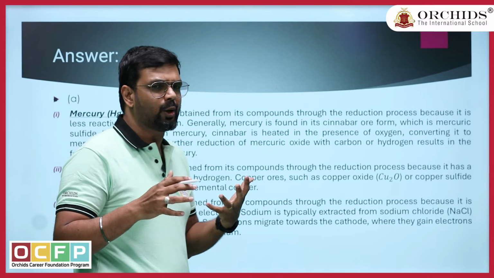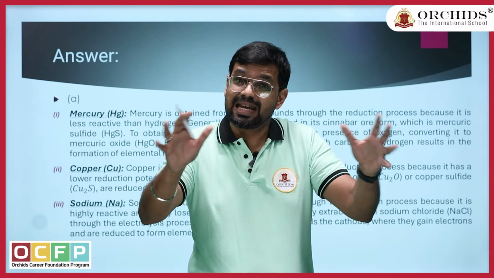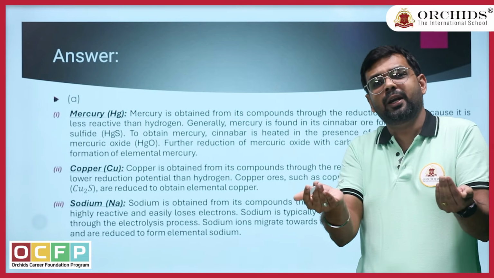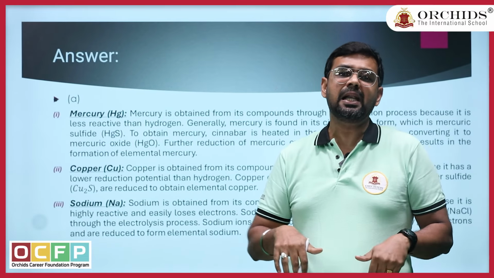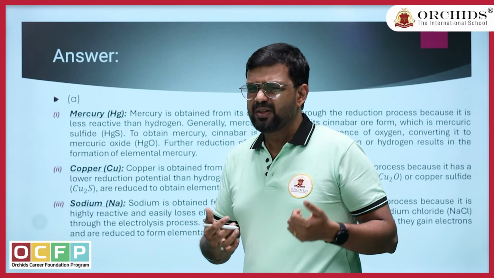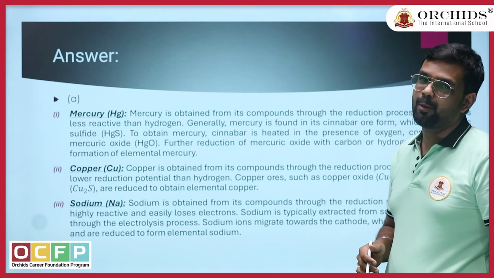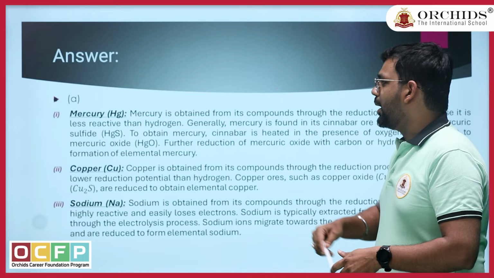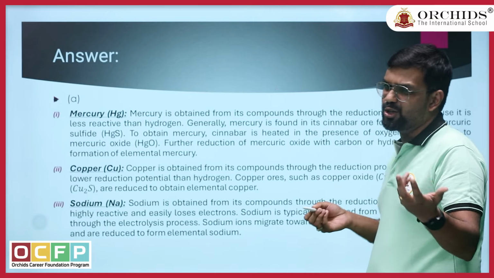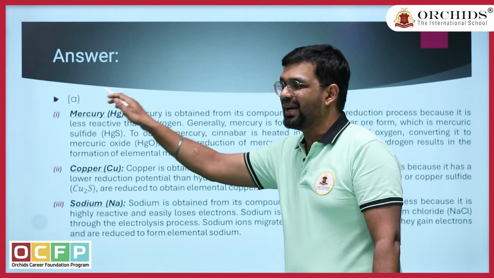Nothing else is required for mercuric sulfide, that is cinnabar. You have to just heat it. If you heat it, what is the first process that will happen? It will convert into HgO, which is mercuric oxide. After converting into mercuric oxide, how do you think it is reduced to the metal? Yes, you have to pass through reducing agents. Which is the most common reducing agent? Correct, carbon. So further reduction of mercury with carbon, or hydrogen also, we can use to get elemental mercury. So this completes your mercury reduction process.